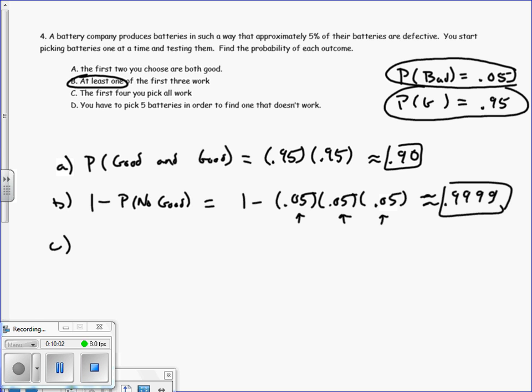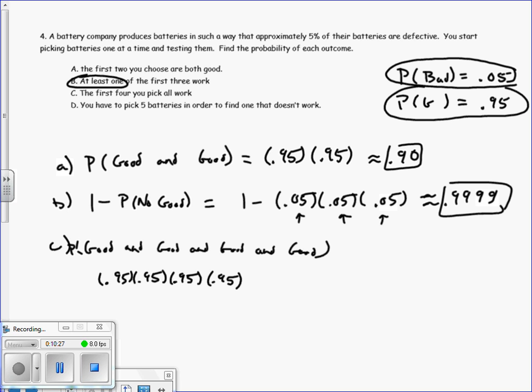First four you pick all work, that would be good, and good, and good, and good. And that would be, right, so 0.95 times 0.95 times 0.95 times 0.95. And that is 0.81. That's about 0.81. And then finally for part D,